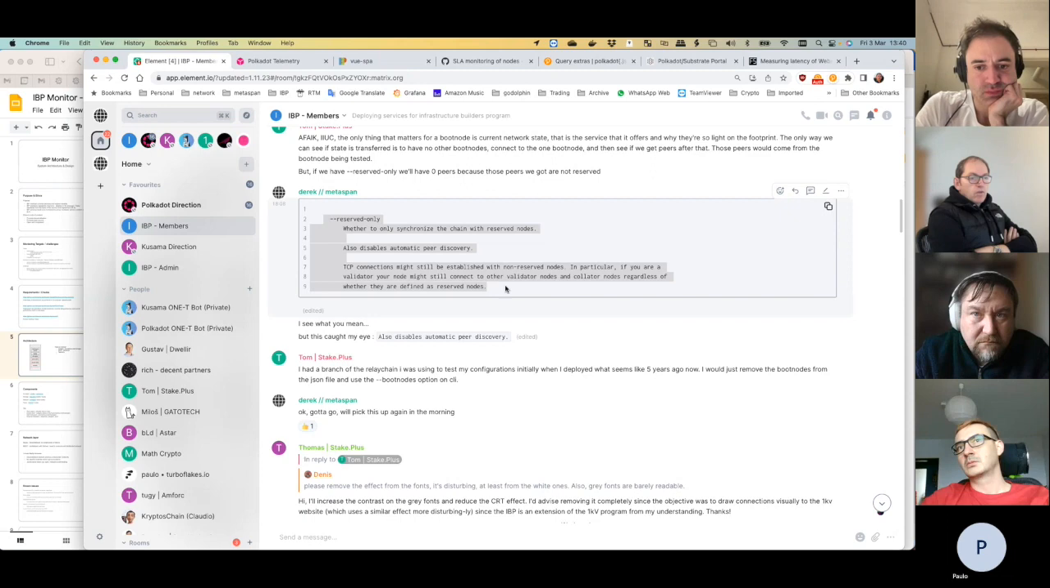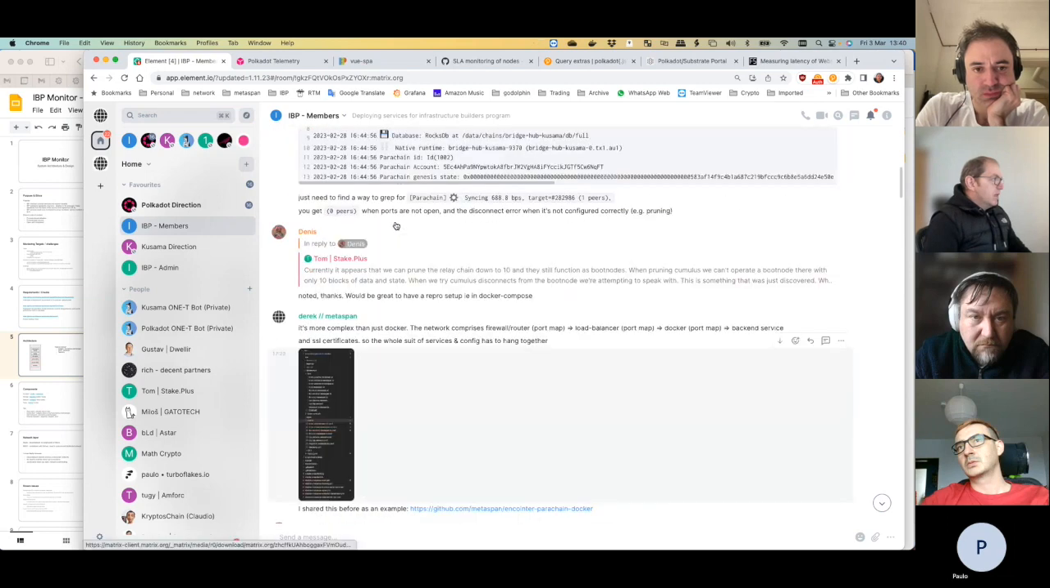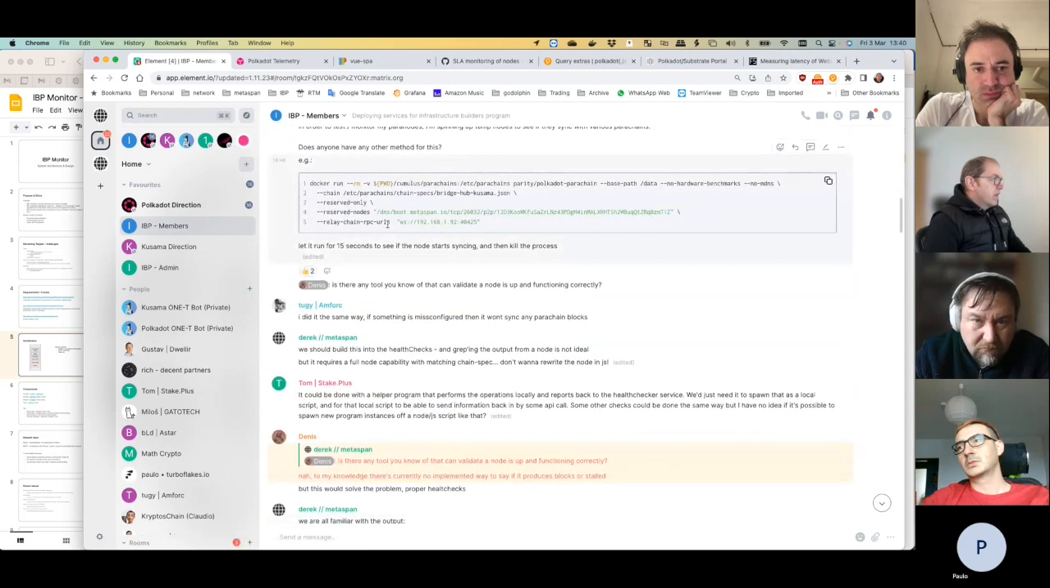If you run the Polkadot command with whatever it is, up here, with reserved-only, and you put the reserved node to be the node you want to test, and that boot node allows you to connect and you start syncing, then in my view this boot node, or it doesn't have to be a boot node, it could be an RPC node,